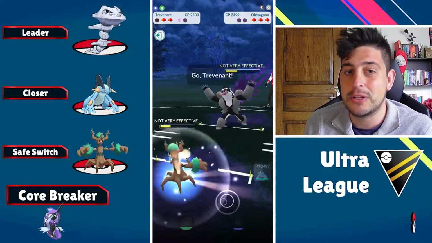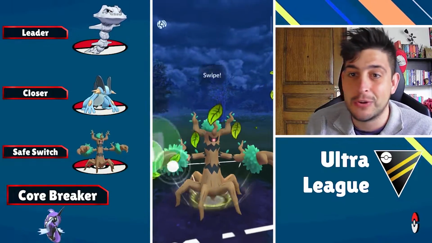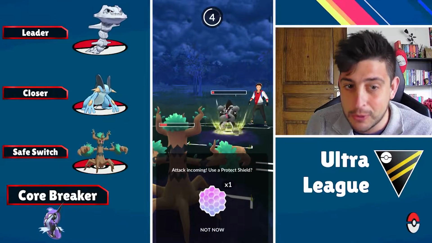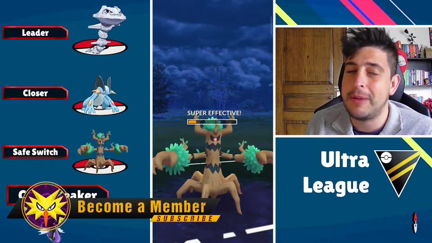And as our closer, the Swampert, well, as a Shadow you're gonna do much more damage, while Earthquake is gonna just destroy a lot of meta relevant mons, and of course your Hydro Cannon will be your main way to go. As a core breaker, we got the Tapu Fini, which is gonna do a tremendous amount of work up